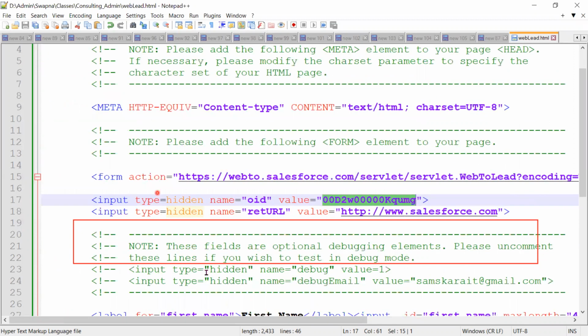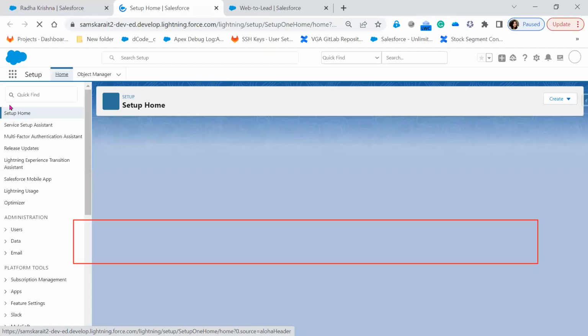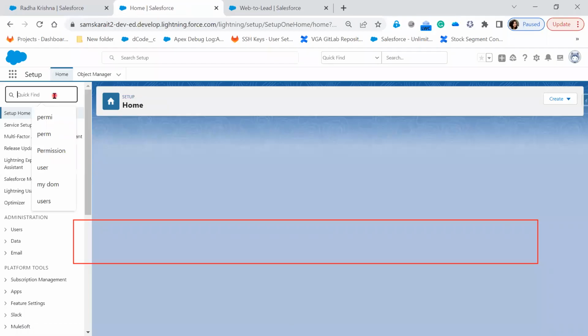So the form is going to decide what needs to be done, and the hidden fields decide where to go. One of the hidden fields is where to go, and once the user has submitted, where it should be redirected. Now, the same details, if I see that company information,